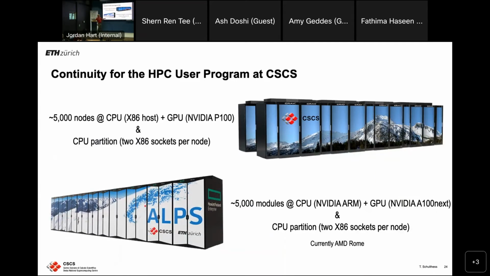And we are now going to replace PITSTINT with ALPS, with this Shasta infrastructure. And so the HPC partition is 5,000 of these tightly, like you said, Hugo, nodelets on here, and we will have roughly 5,000 of these nodelets for the HPC user program on here. So the